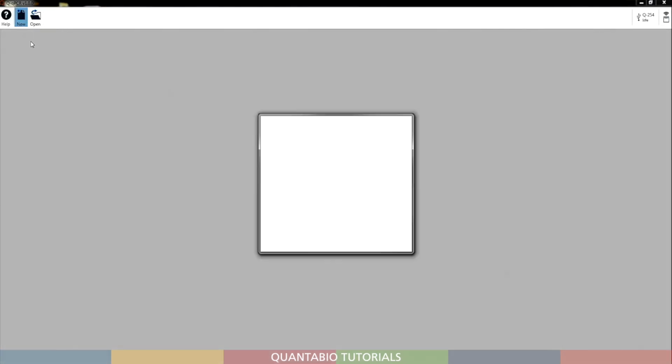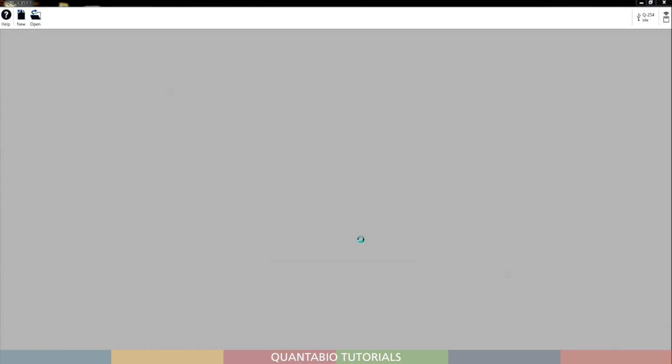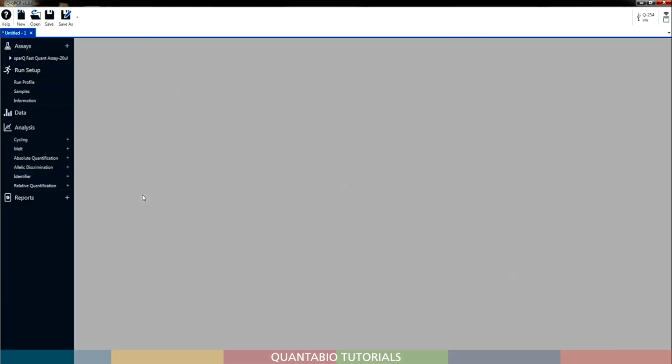In the Q software, start by choosing New and then Run from Template. QuantaBio offers two template files, one for reactions of 10 microliter and one for reactions of 20 microliter volume. In this example video, we choose the template for 20 microliter. Click OK. The settings will load in the software and the menu will appear on the left side of the